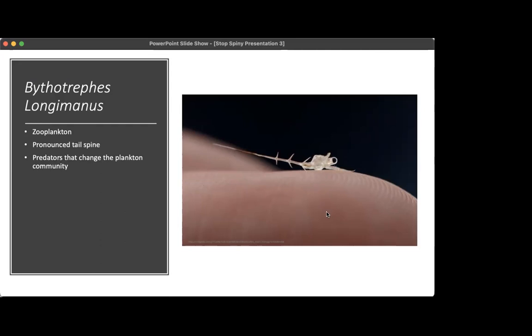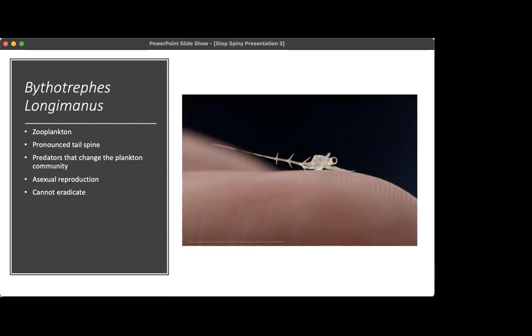This little animal is a predator that can really change the plankton community when it gets into a new lake. And it's got some pretty neat abilities. It can reproduce quite rapidly through asexual reproduction or sexual reproduction, depending on the prevalent circumstances in the lake at that time. We're going to touch on that in a little bit more detail later in the talk tonight, because it's actually a really adaptive and interesting ability that this animal has.